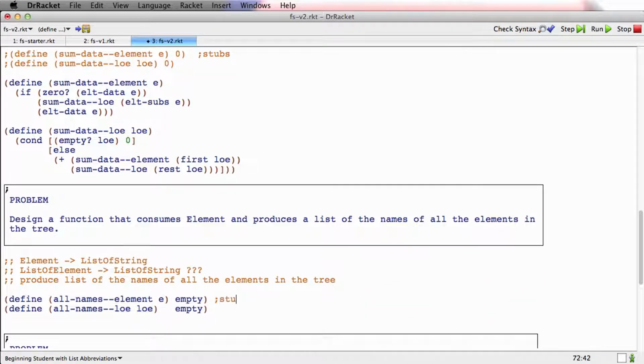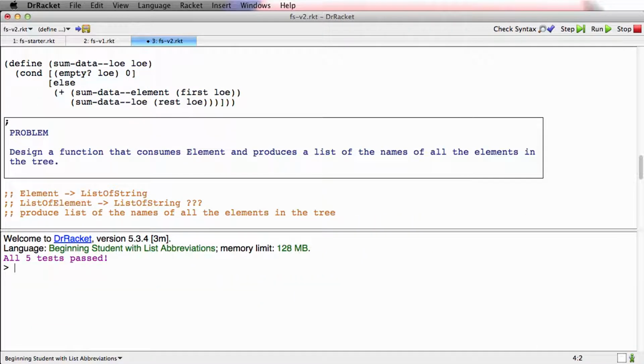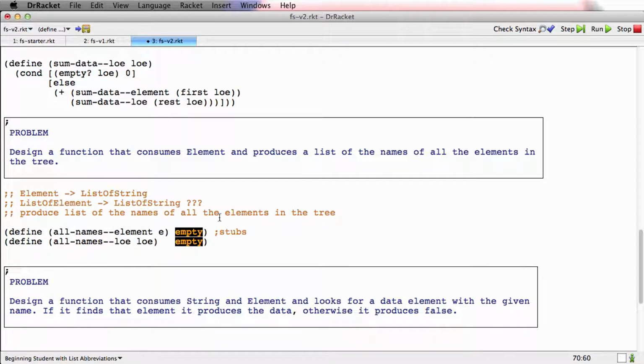So those are the stubs. Run them to be sure they're well formed. They are. There's no test, so they're not running, so they're highlighted in black. Okay, let's do some examples. Check-expect,